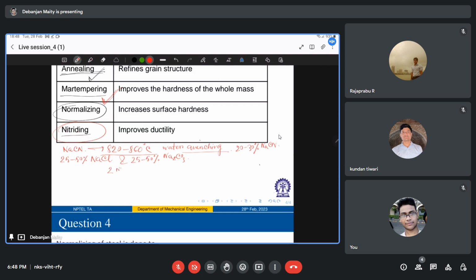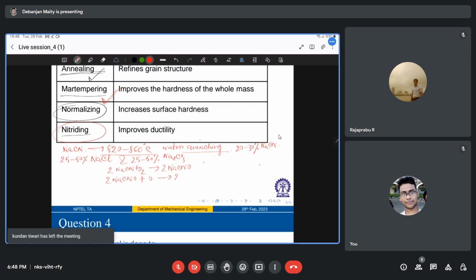You have 2 NaCN plus O2 gives 2 NaCNO, and then 2 NaCNO plus oxygen gives Na2CO3 plus CO plus 2N, and 2CO gives CO2 plus C. So this atomic carbon diffuses into steel. The work can be directly quenched as soon as it is taken out of the bath,